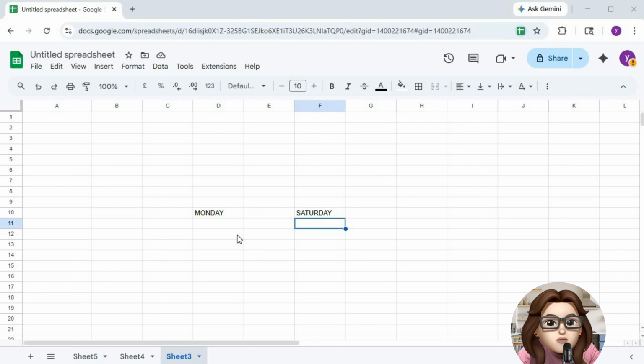In this tutorial, I'm going to show you how to write text vertically in Google Sheets so your spreadsheets look